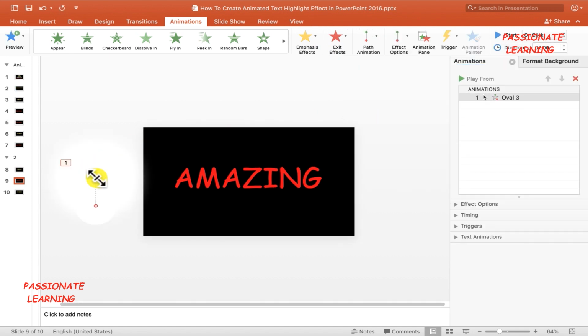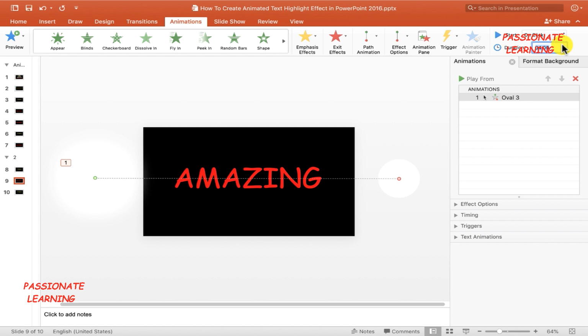And you can see here that the default direction of this animation is from top towards bottom. We need this direction to be from left towards right, like this. And after adding this animation, now let me come over here to the animations pane. This animation is starting on click, which is okay. And then let me increase the duration of this animation to, let us say, 4 seconds for the purpose of this example.